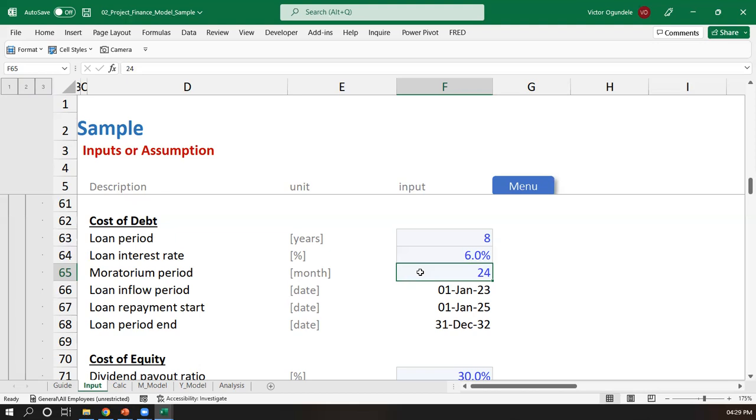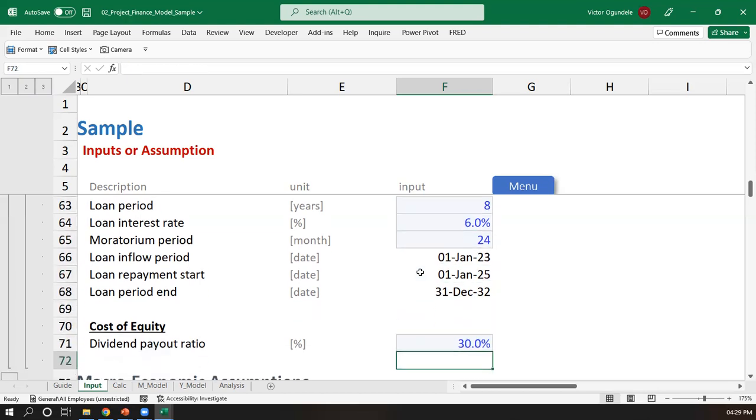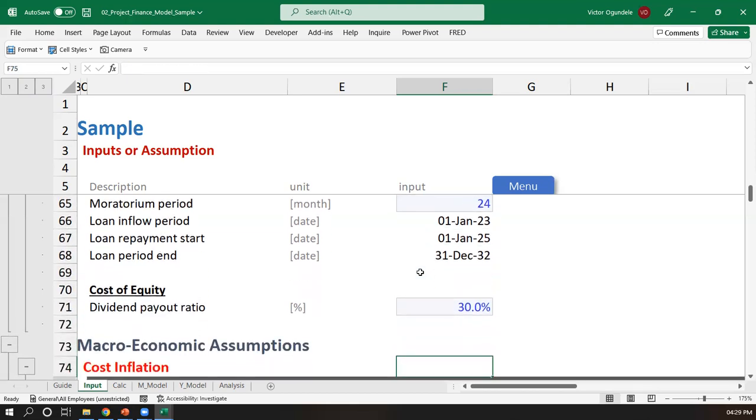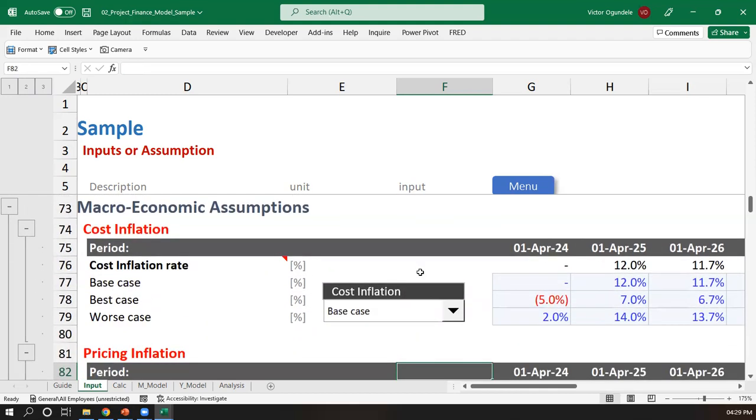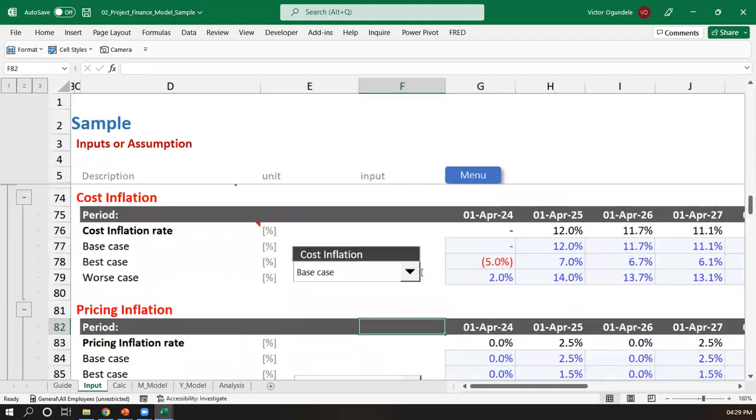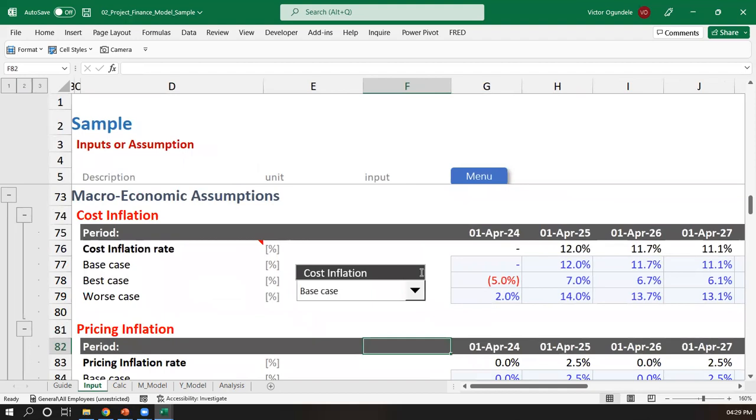By the time that comes with your moratorium period, you then start the repayment of the whole thing. Right? So you use that because that's also your project cash. Then you go to the cost profile, which is very, very important. And this is where we also consider a lot of macroeconomic assumptions,